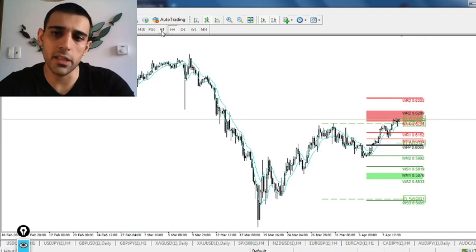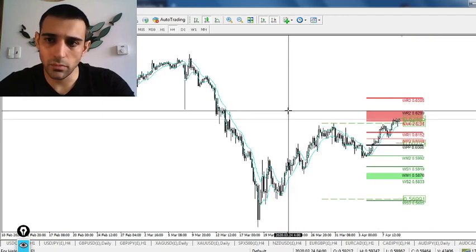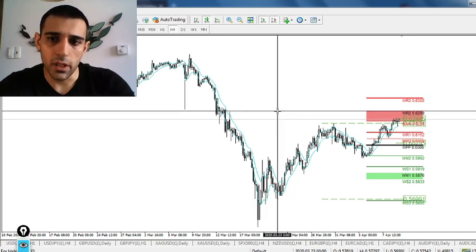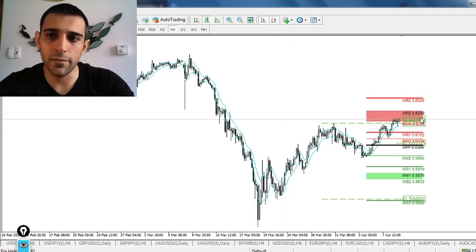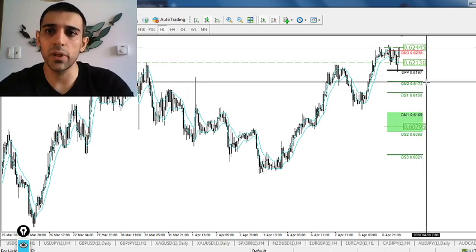I think I didn't mention targets earlier. For the targets, you can run it to 62.98. Yeah, for the targets, you can run it to 62.90, about 62.95 area. We have this weekly R2, so that will be a good place to target. And depending on what your stop loss was,